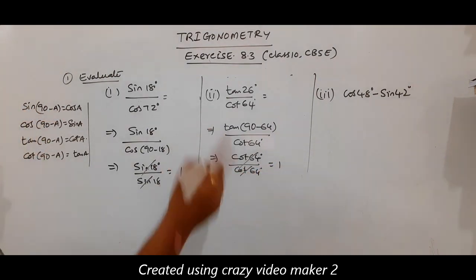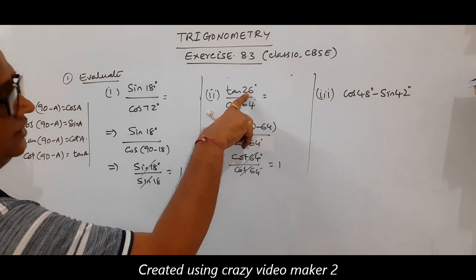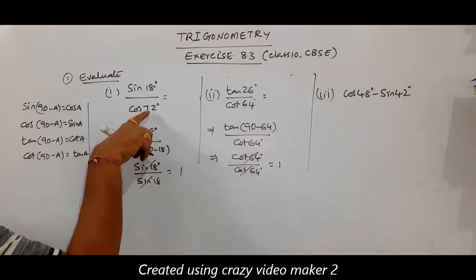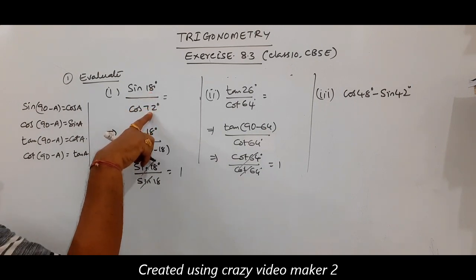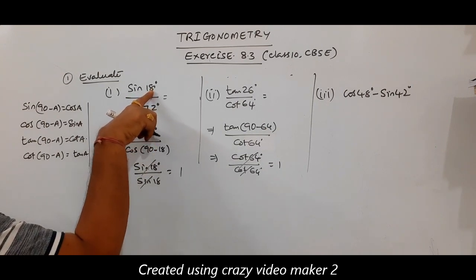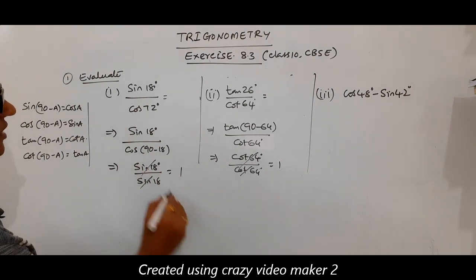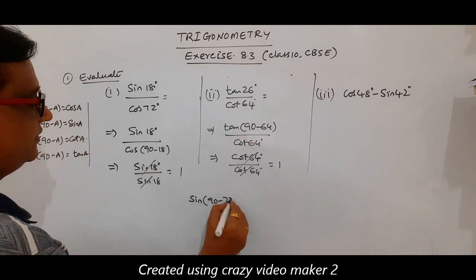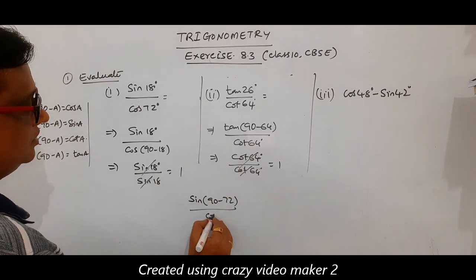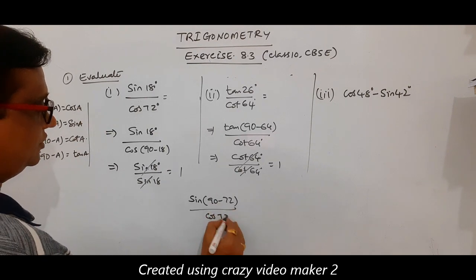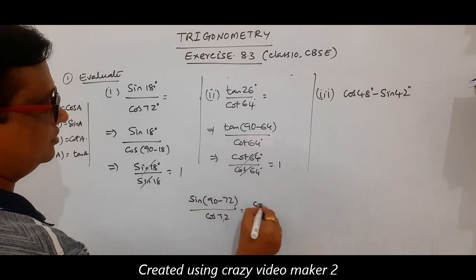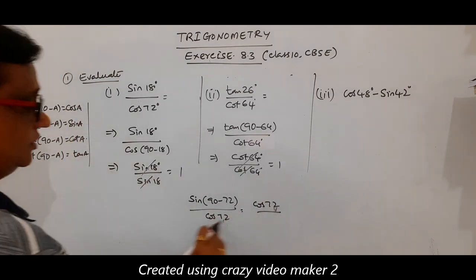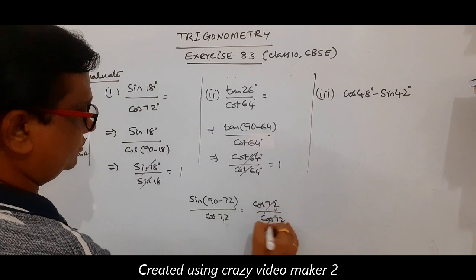So you take any one angle. If we are taking this one as A, then this one is 90 minus A. You can also rechange. Suppose I am taking 72 as A, so you rewrite sin(90 minus 72), sin(90 minus A), by cos 72. So sin(90 minus theta) is cos 72, because sin(90 minus A) is cos A. So this is cos 72, these two are cancelled, 1.